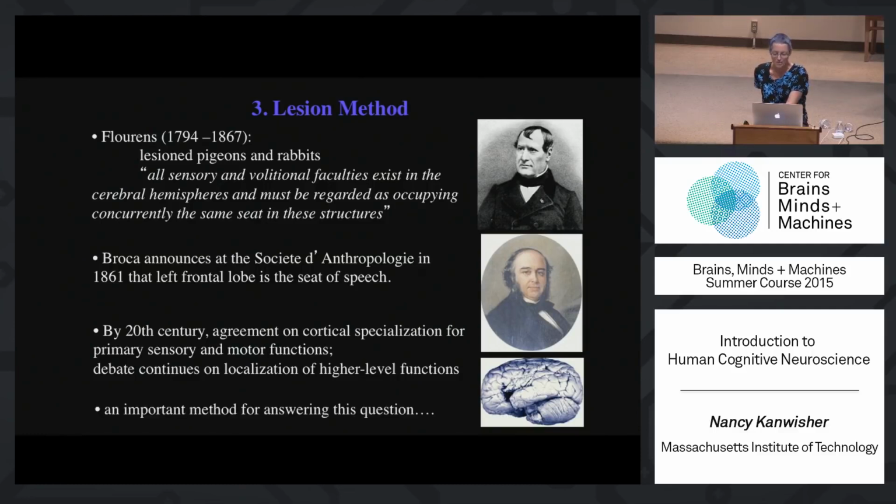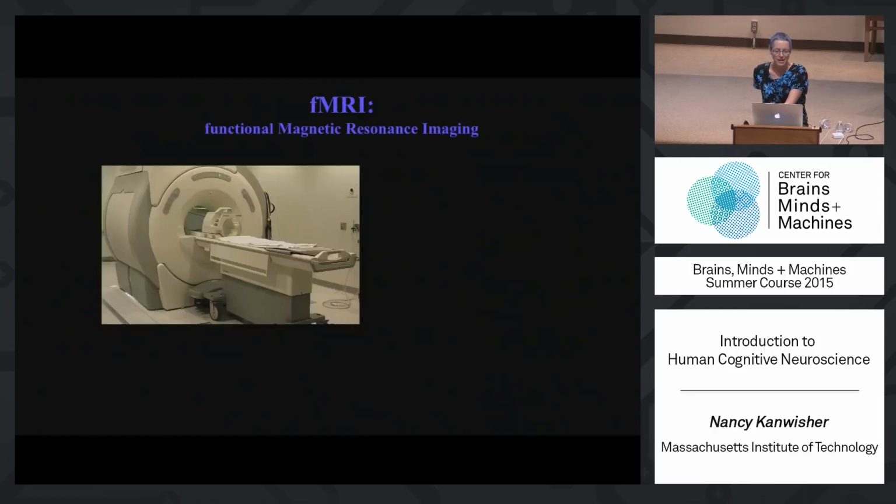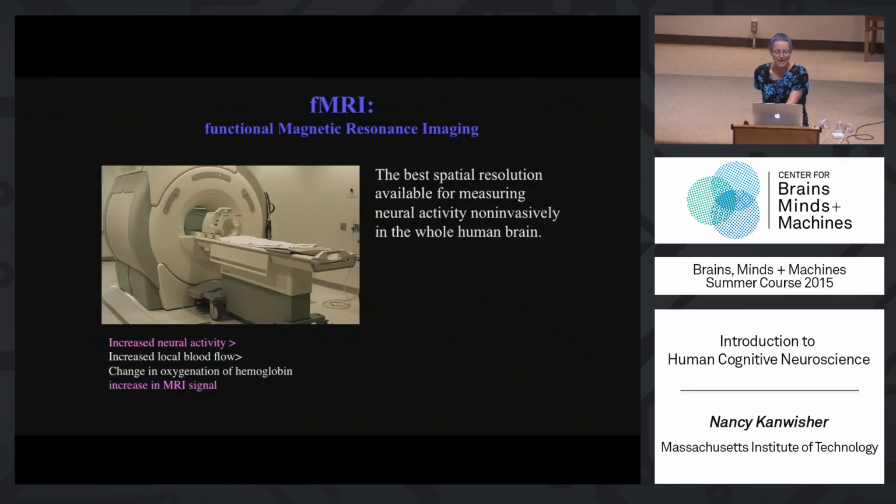And so the method I'll focus on is functional MRI, because I think it's played a huge role in addressing this question at this kind of macroscopic level. I think you guys know what an MRI machine is, in case anybody's been on Mars for a while. The important part is that its measure is a very indirect measure of neural activity by way of a long causal chain. Neurons fire,